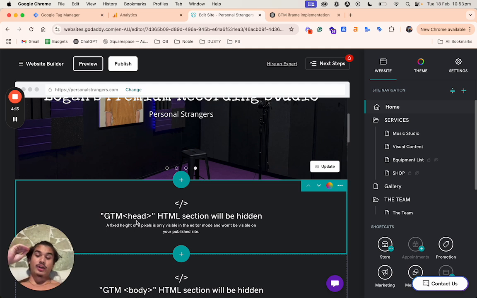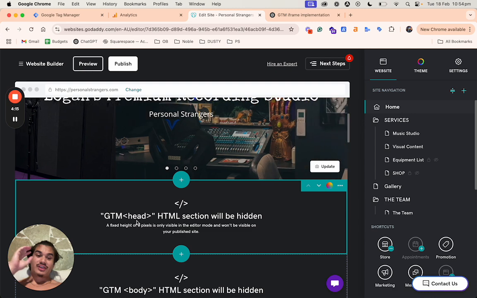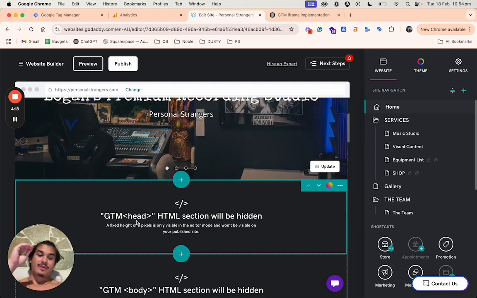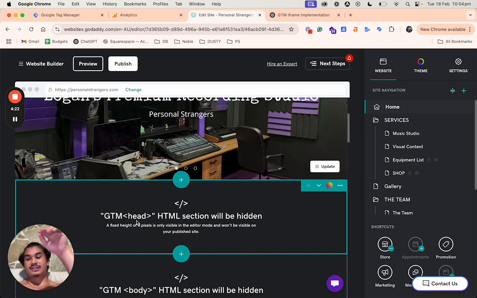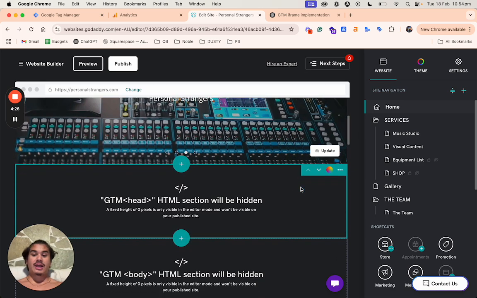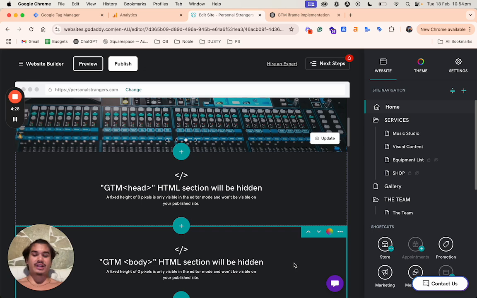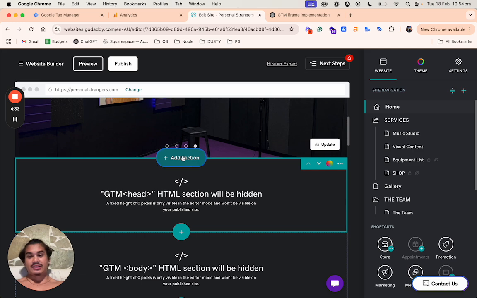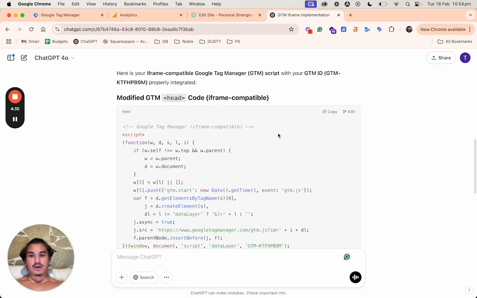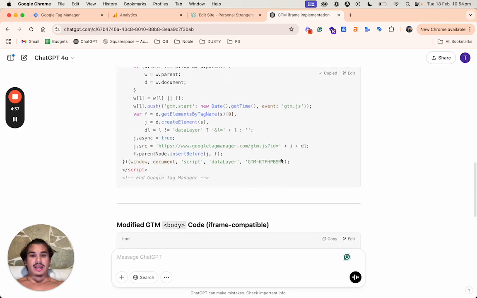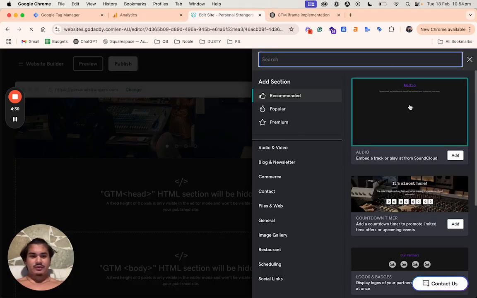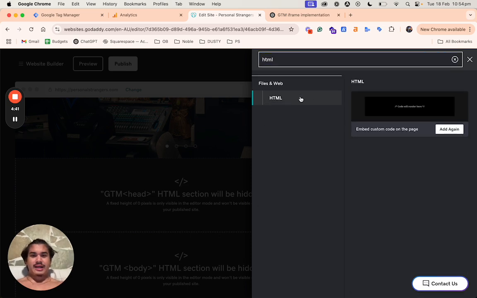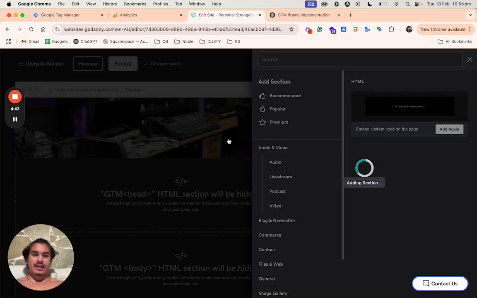But instead, we're going to manually put it on every single page so that we can have it reading from the very highest point of the website as Google reads it top down. So we want it as high as possible, and then body is only there as a fail-safe from what I understand. All right, so how to add these HTMLs? Well, now that we have our new and improved header code, let's pop it into our GoDaddy site by add section, HTML,